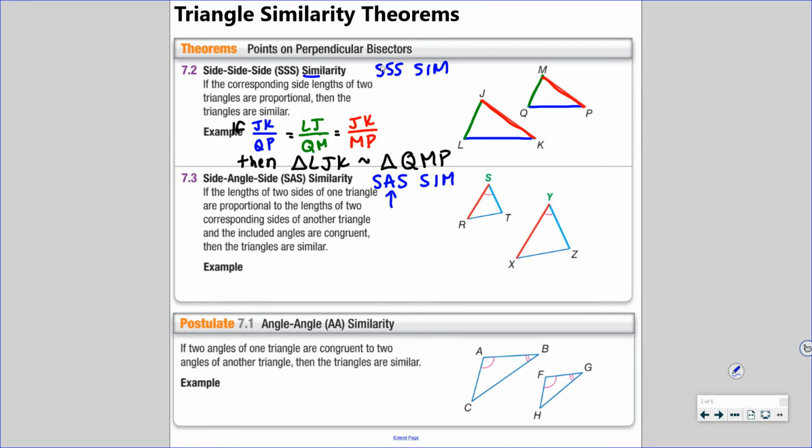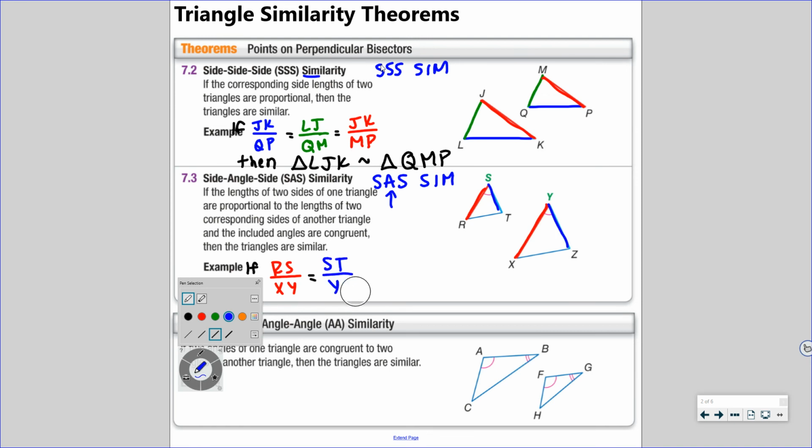All right, so in this little setup here, if I look at these red segments, if RS, which corresponds to XY, is proportional to ST, which corresponds to YZ,